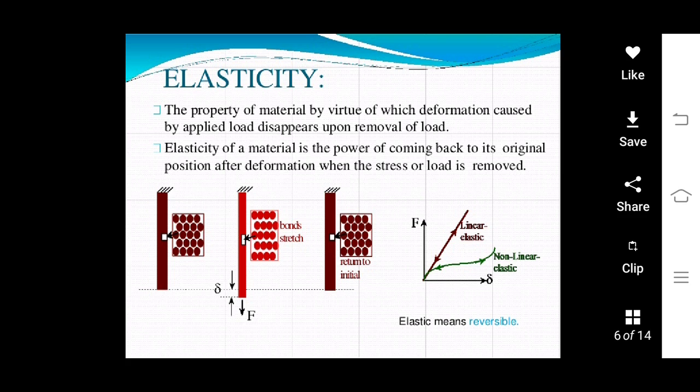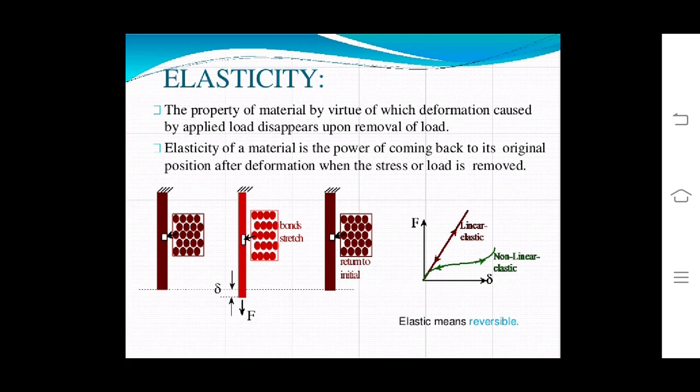This diagram shows the elastic limits of the body. In the first diagram, the body is within the elastic limit, and after application of force F, there is a change in dimension, or change in length, of the body. After removal of the load, the body regains its original dimension as it was. This is up to certain loading conditions, but after increasing the load, the body will not regain its original